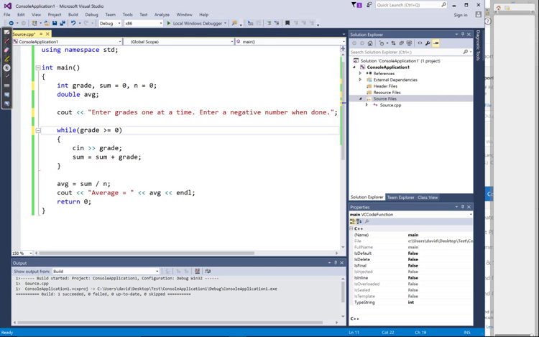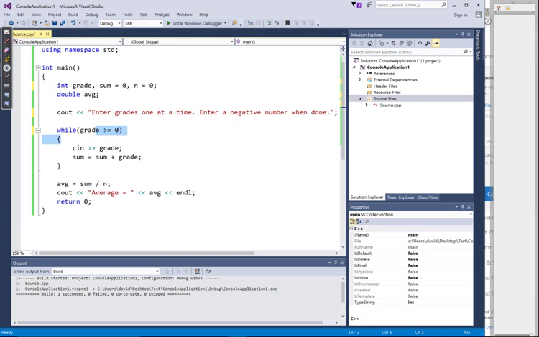Okay? And the answer is no. This program won't even ask for a grade, and it won't even really try and calculate an average. And here's why. I've defined this grade, right? And then, but is there a value for a grade? There's no value for my grade, but this program runs right into the while loop, and it checks,